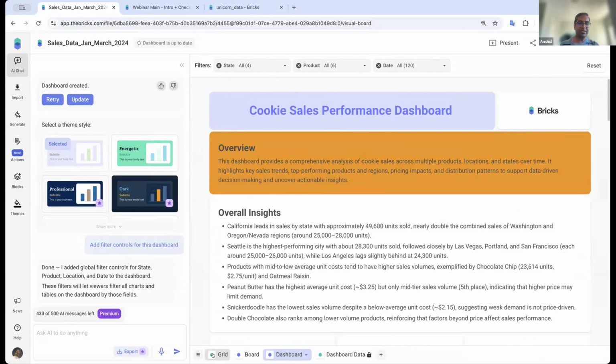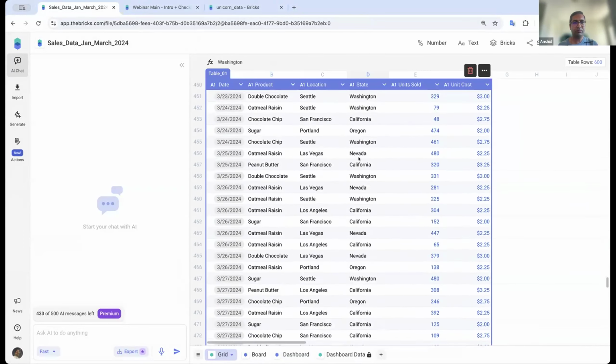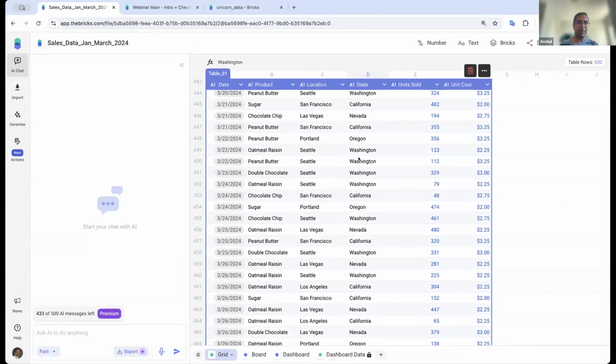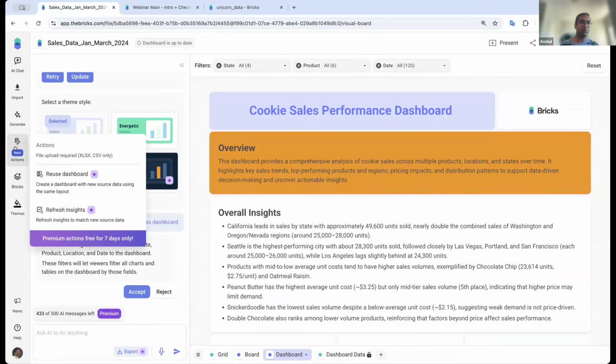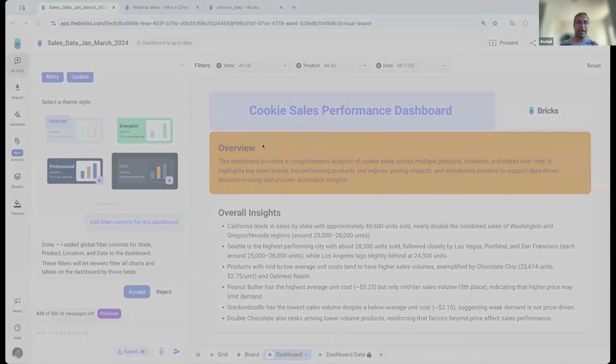Now, as you can see, the data was for the US location, and I also wanted to understand how my cookies were being sold in the location of UK, for example, United Kingdom. All I need to do is go to the dashboard, and again, one more action item. What you can see over here is the reuse dashboard. Reuse dashboard as template. You need to just click on that, and here I have my data available where the